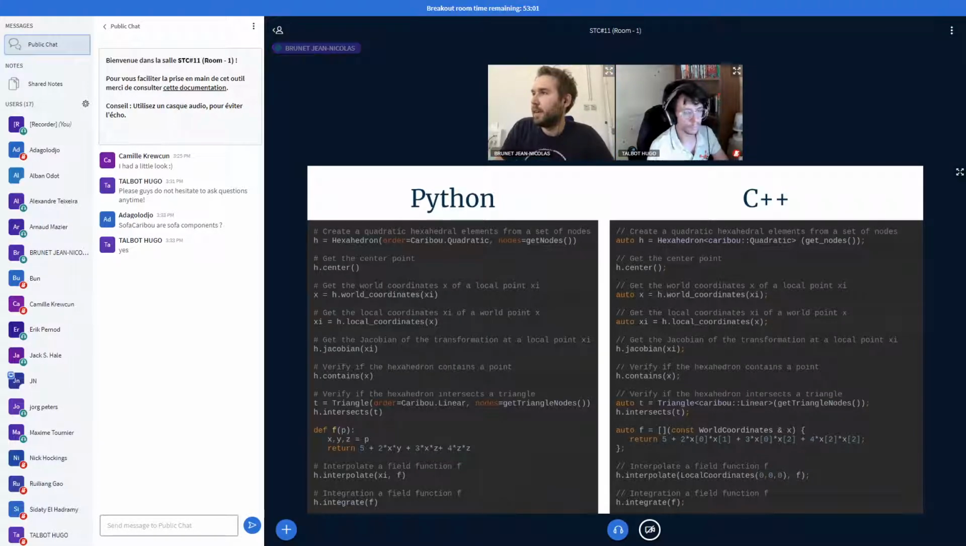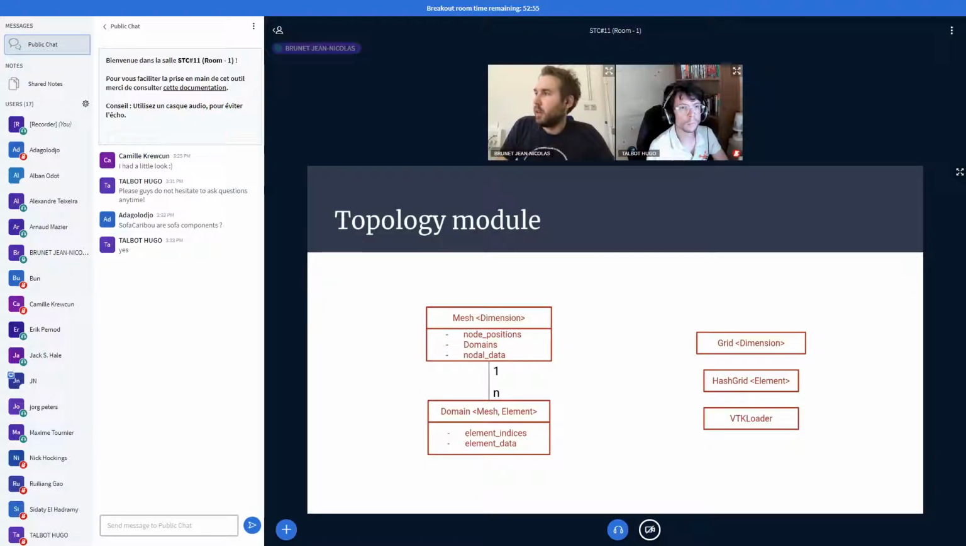So yeah, I hope this is clear. This is the geometry part of Caribou. And then you have topology. That was one year ago, but basically a mesh in Caribou contains one or more domains. One domain can only contain one type of element. So you can have a domain of tetrahedral elements, you have a domain of triangle elements, all within the same mesh. Okay, so the element node indices here are relative to the node position vector, which is in the mesh